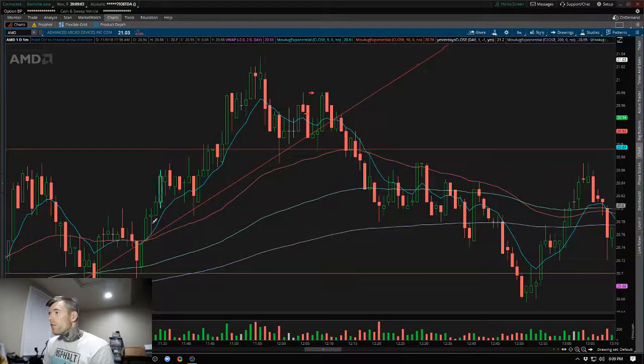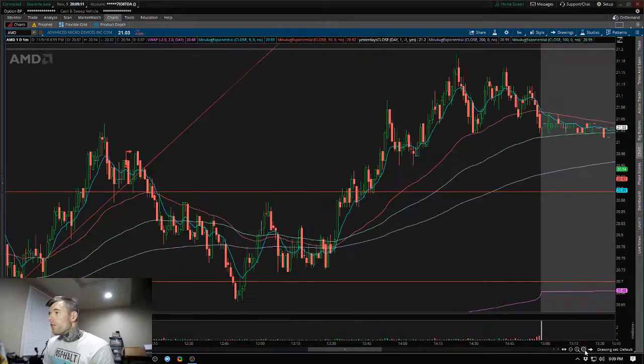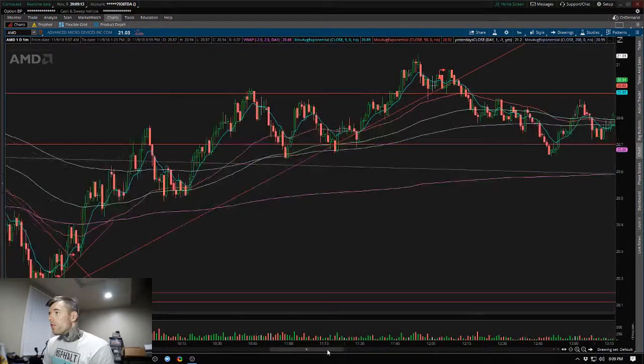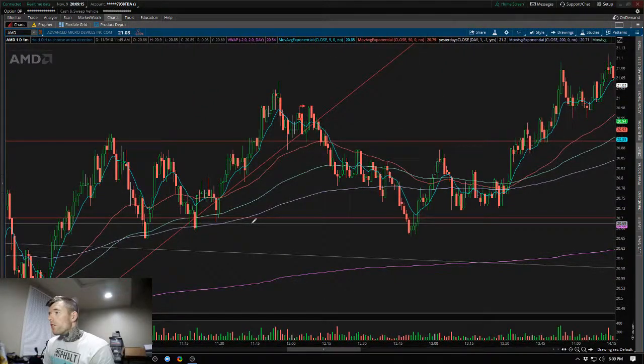My eyes are going to try to pick this up where it's extended from the 9. We're getting a little extended from the 50 right here. See that gap, we're running away, getting real far away from the 200. Don't even talk about how far away it is from the VWAP, right? Super far. It's about time for a relax. New time comes in, has this nice little final pop